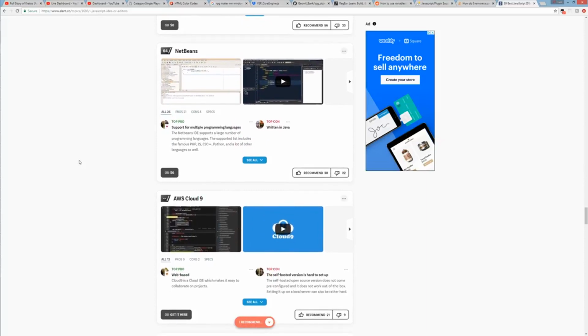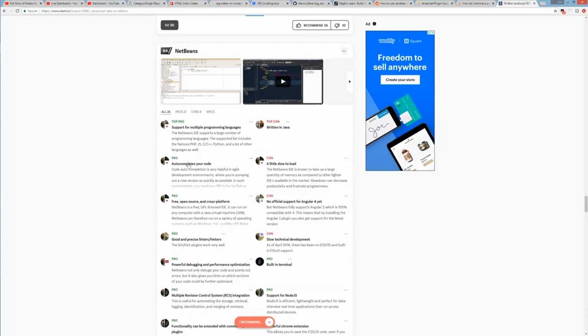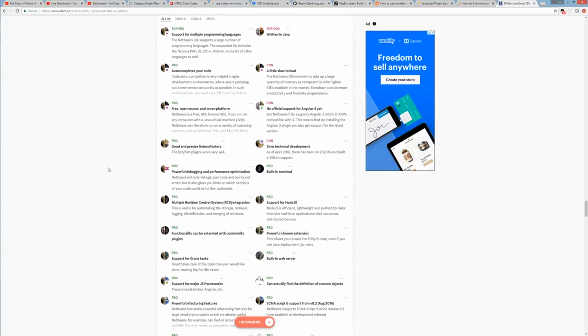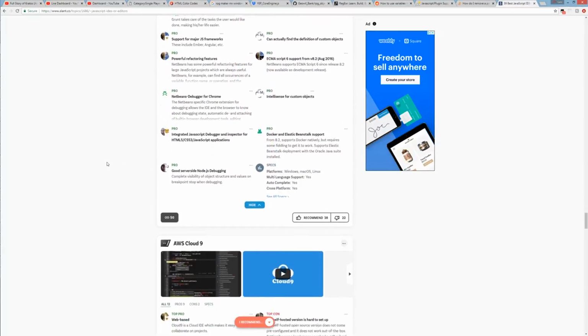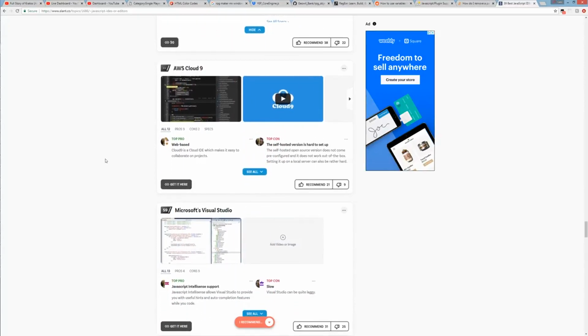NetBeans. Written in Java is the top con. I want to write something in JavaScript, but I don't want to write it in an editor IDE that's written in Java. Okay,